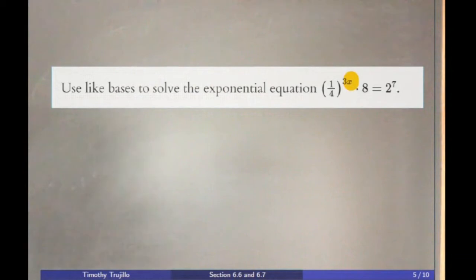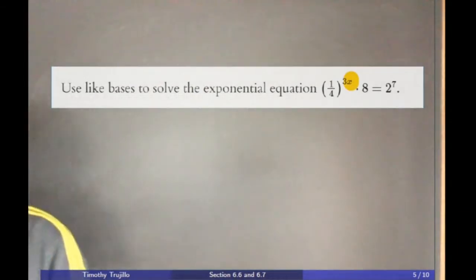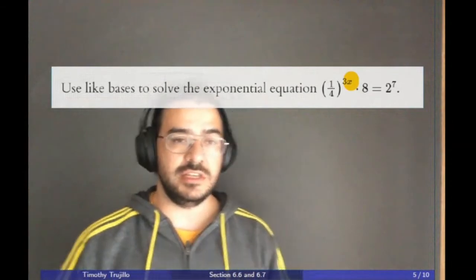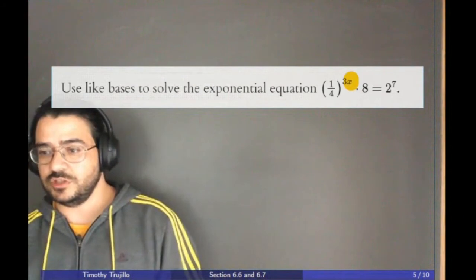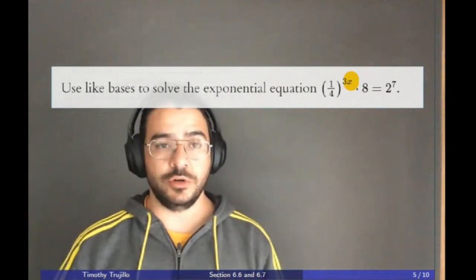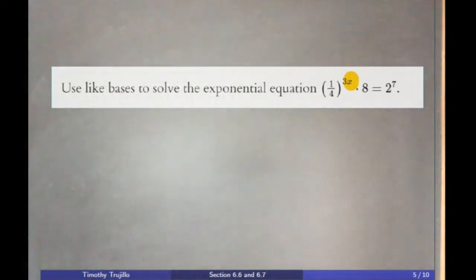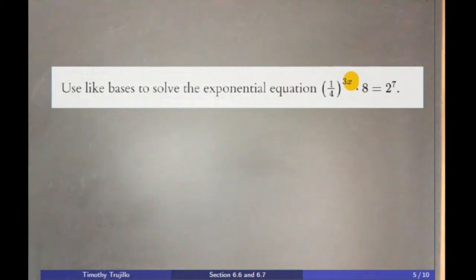This one says to use like bases. And the idea here is you could express everything in base 2 and solve the problem that way. But I'm going to avoid doing that. I don't think it's one of our learning objectives. I think it's in the exam as a learning objective, or in the textbook as a learning objective. But here, I don't care too much if you write this as a like base. Instead, I'll just use the same base over and over. I'll use the natural logarithm. So like I said before, you don't really need to convert things over to their logarithmic form if you're just using one base, and I'll use ln for everything that we're going to do. Okay, so